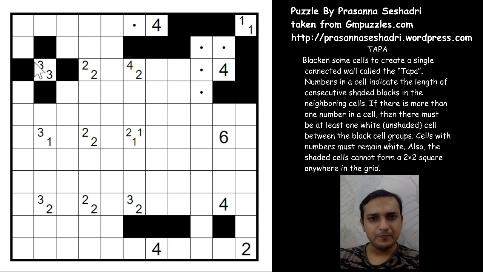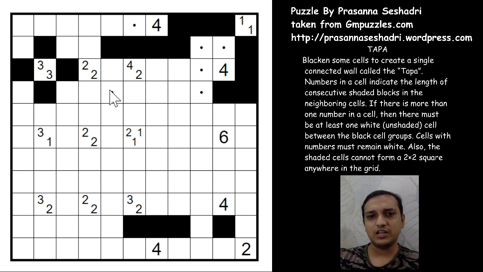Now if you see, this cell cannot come down by the third and the fourth row from this group, so it has to come through this way, through this black cell, right? So it will connect this way, and this black cell and this black cell are two different groups, so they cannot connect because you have a 2 2 here. So these two black cells are two different groups, so we can unshade this one and this one.